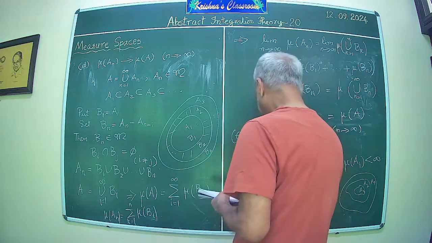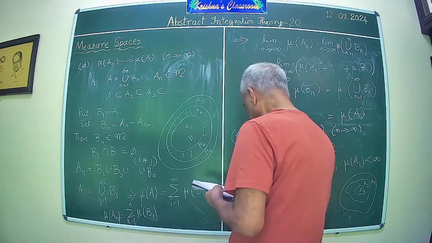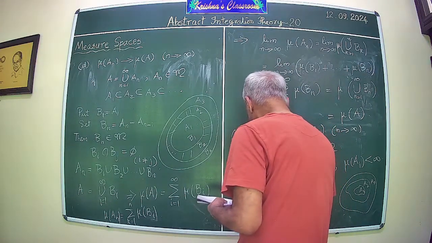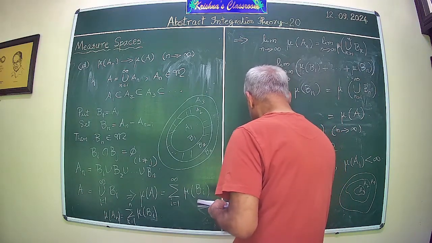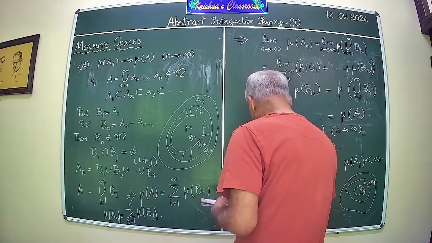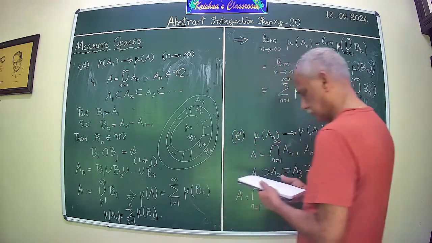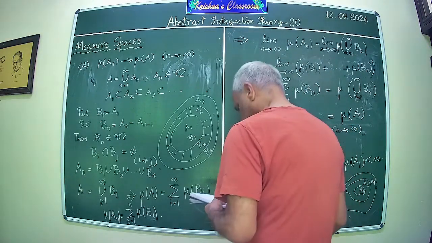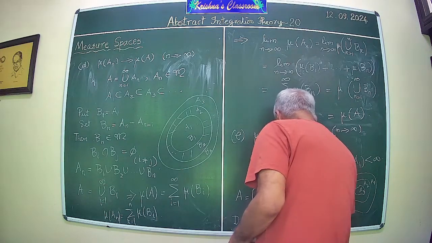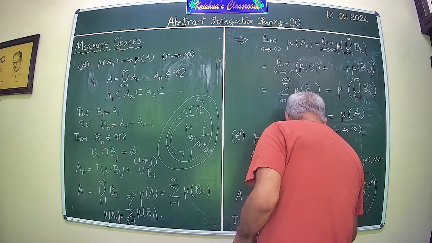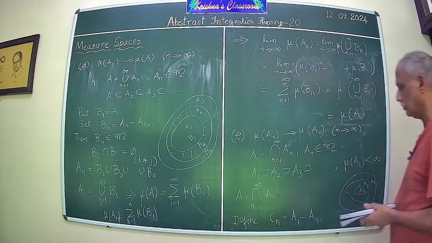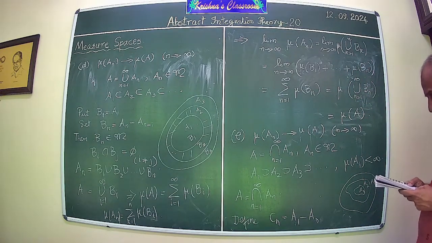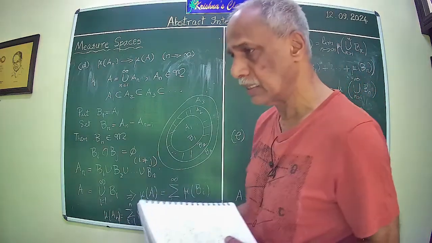Now you see that A is equal to the intersection of An. Now define Cn equal to A1 minus An. Then what you get is